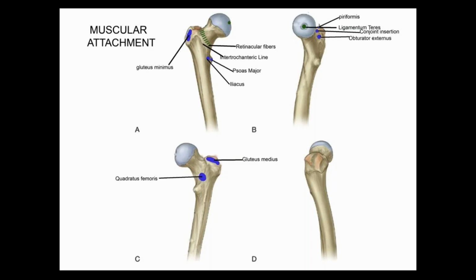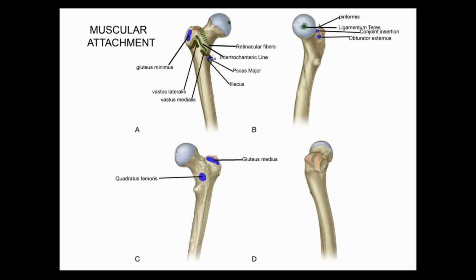Next, I would like to talk about the intertrochanteric line. The intertrochanteric line receives the attachment of the iliofemoral ligament and the capsular ligament. The two muscles which attach here are vastus lateralis and vastus medialis. The vastus lateralis is present in the upper lateral part of the intertrochanteric line, and vastus medialis is present in the lower medial part.